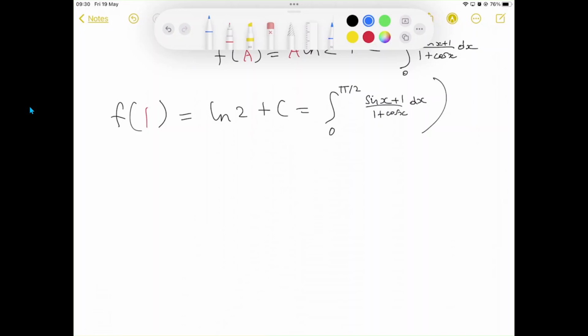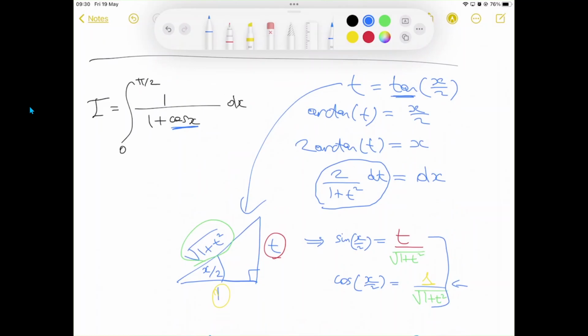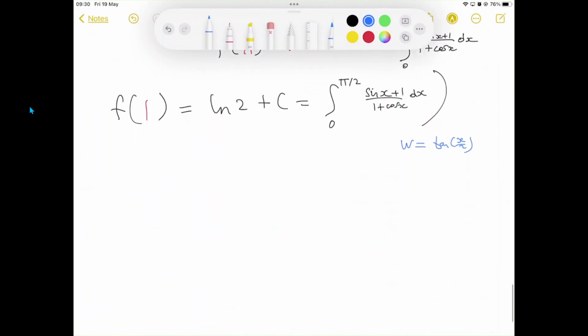I'll probably use W. So let's let W equal tangent of x over 2. Once again, we're taking a Weierstrass substitution. And you may ask, why didn't you do this to begin with? Well, I did, all the way up here. But that was for our second method, our fastest method. Here, I'm trying to think of the slowest possible method, and that is what we're doing here